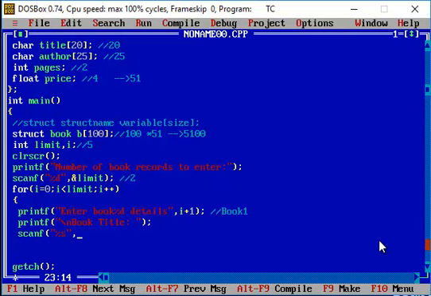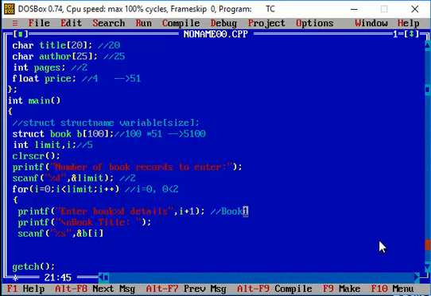So here what I'm doing is I'm just going to get the value from the user. So I'm making use of my structure variable that is B, which is of an array data type. So the first record will be stored in the index value that is 0. So I value is right now 0. So 0 is less than the limit that is 2. So your I value is equal to 0 now, and 0 is less than 2, the condition is true. Okay, so I value is 0 now. So I plus, so 0 plus 1, the value becomes 1 here. That is why you can see that the book 1 record is going to be getting entered.